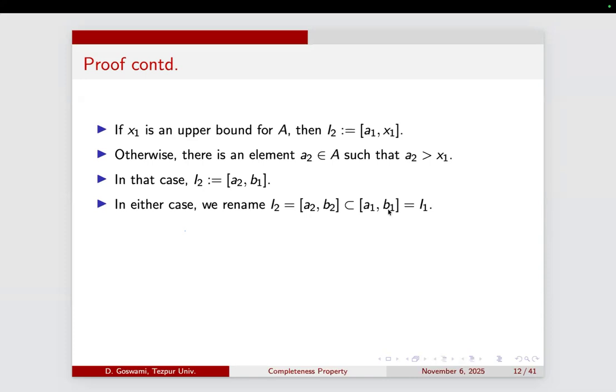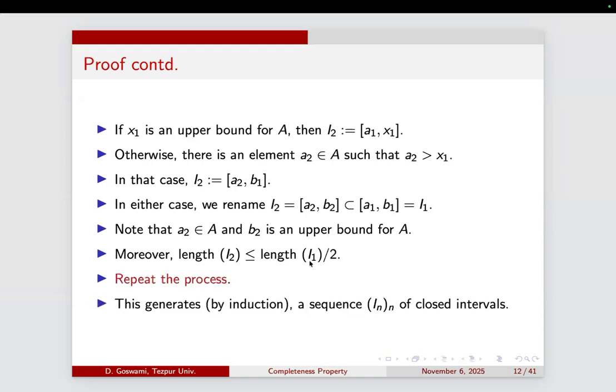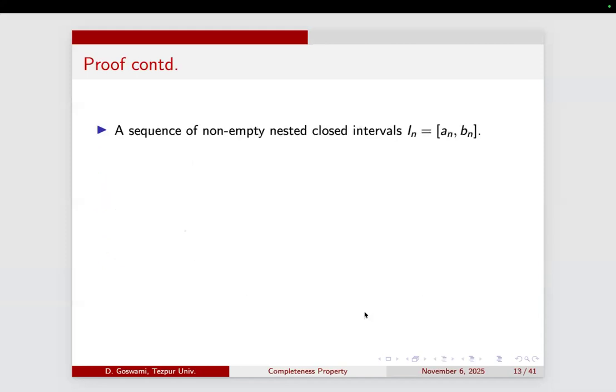And remember, A2 is still an element of A, B2 is an upper bound. And the length of I2 is less than or equal to the length of I1. So again, I will take the midpoint of I2 and I will proceed in the same manner. I'll repeat. And we can use mathematical induction to show that I have a nested sequence of closed intervals. Okay, they are non-empty, bounded, closed intervals. So now I am ready to use